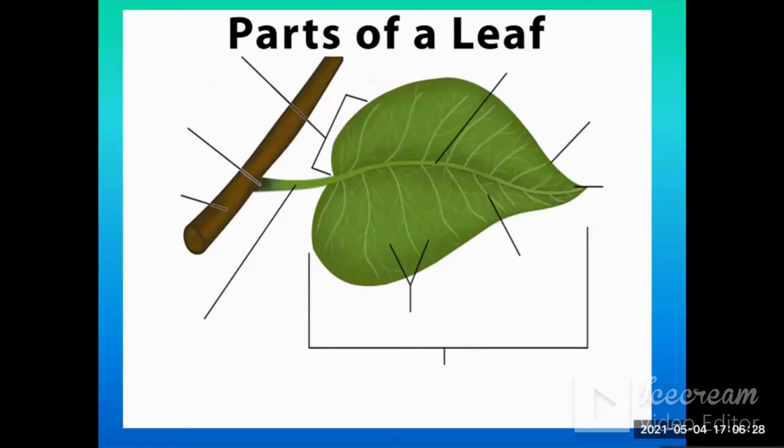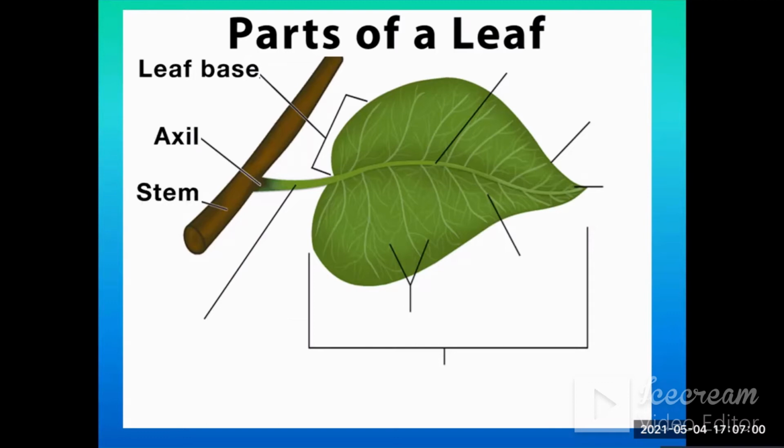This brings us to the parts of a leaf. All of us are aware, we can see different shapes and sizes of leaves. Basically, the leaf has been named accordingly. Let's see the first, that is the base of the leaf. The part of the leaf that points towards the stem is the base of the leaf. The next structure is the axil.